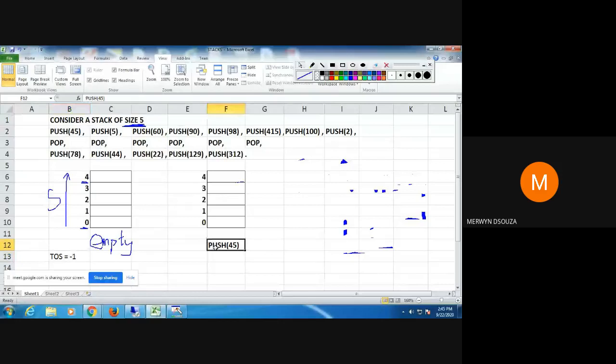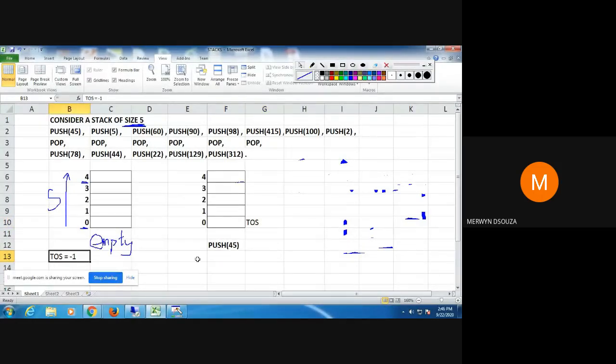When I push, I increment the value of top of the stack by 1. So -1 plus 1 becomes 0. Hence top of the stack will come here to index 0. I'll just write top of the stack here.